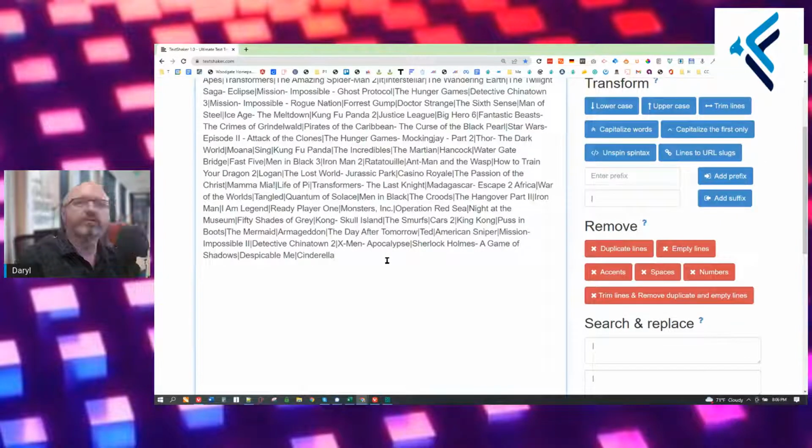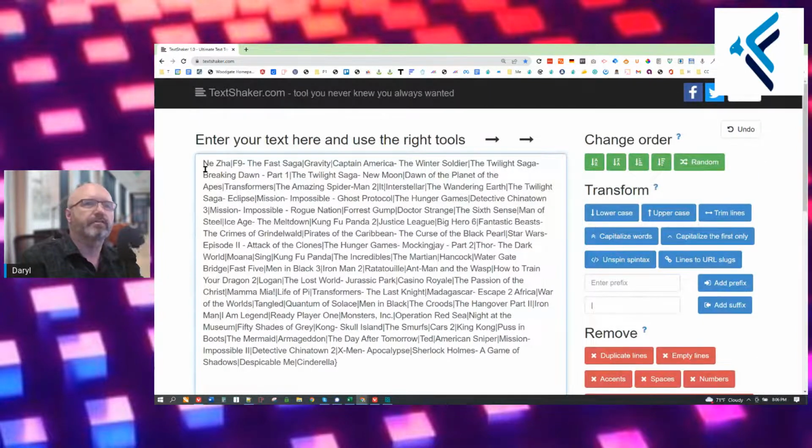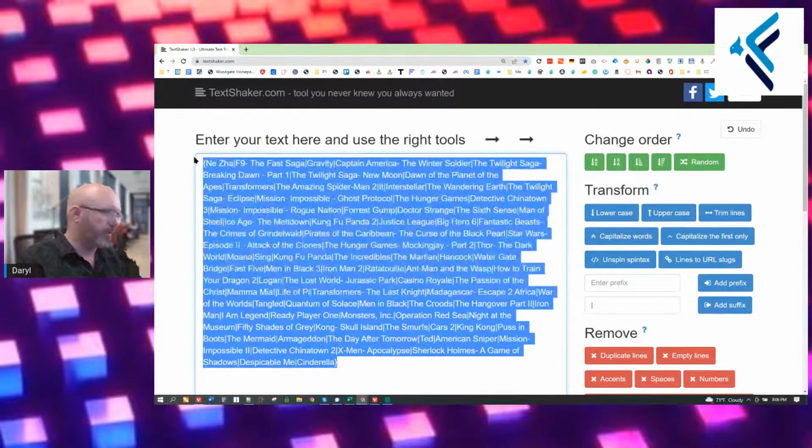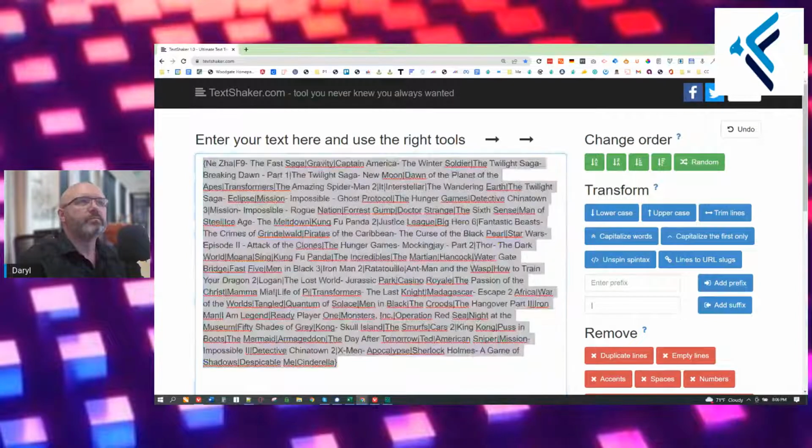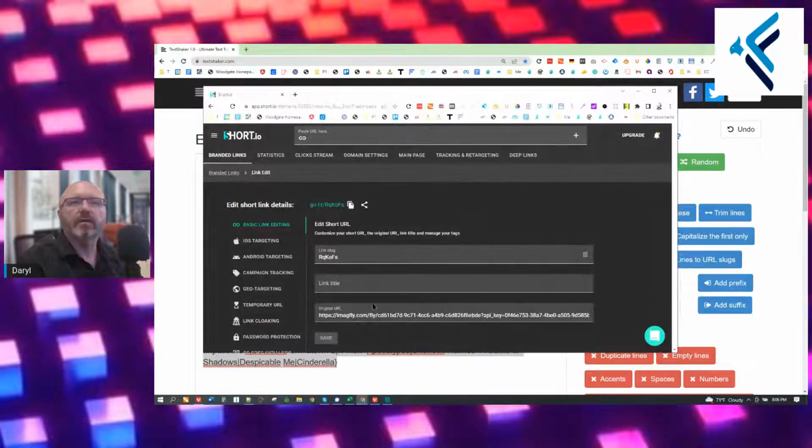There are other tools that you can use online that you can do spin text with, but this is just how I do it because I like to control it quite a bit. All right. So now we're going to go into that short link. I'm going to use my link shortener, and I'm going to go in. I'll just show you guys here. I'm going to go into that image.